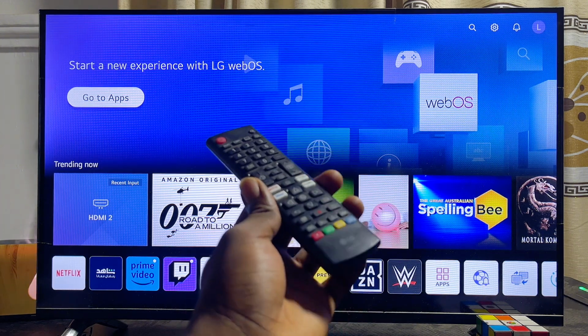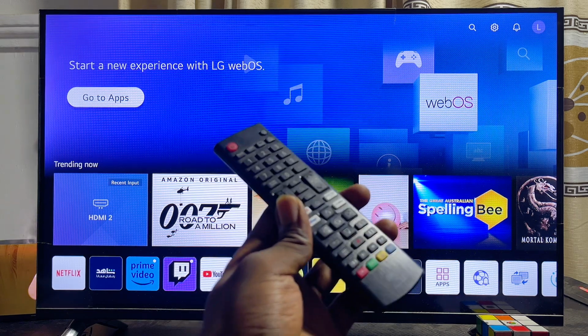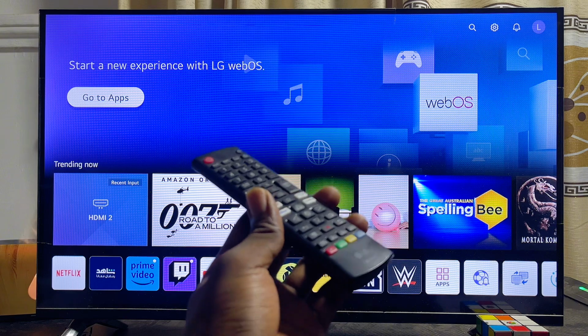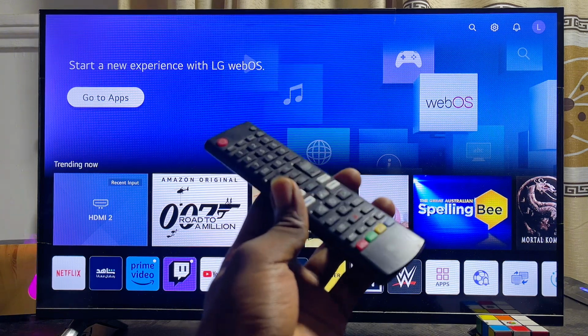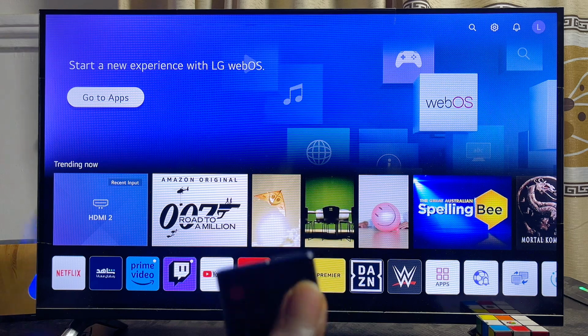If you want to be able to access more apps from different regions that you would typically not be able to access from the default region set on your LG Smart TV, this video will guide you to get more apps on the TV. Now, to do this, basically you want to head over to the settings of your LG